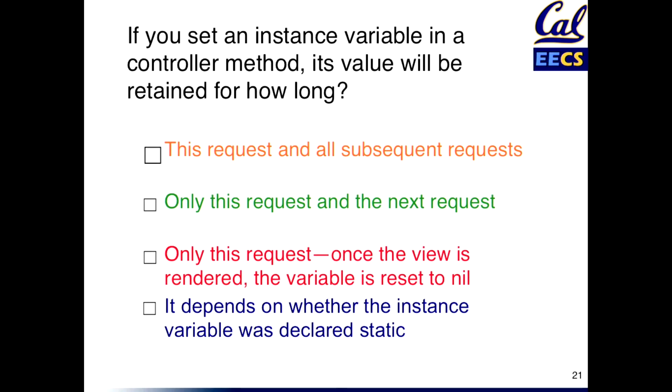So red is correct. And for the blue one, if you voted blue, I would say you're in 169 now, no more Java. In fact, I'm not even sure this statement makes sense in Java. There's no declarations, there's no static, and if there were, they'd be class variables, not instance variables. So I just tried to see how many different keywords I could put in there to make it not make sense.